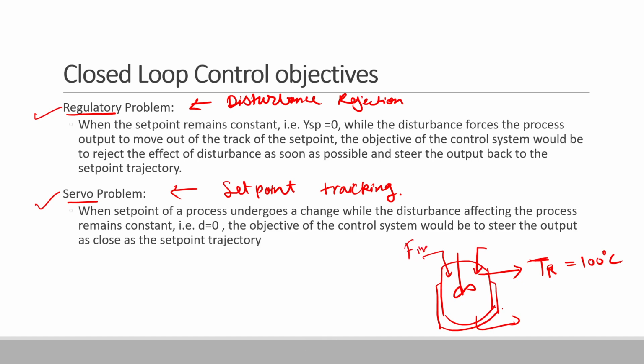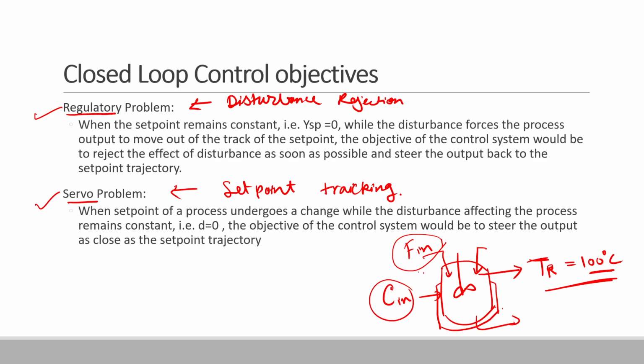the flow input to the reactor, and then the cooling water flow rate, let's say we call it C in. So we can call the flow rate of the cooling water, the temperature of the cooling water, as well as the flow input to the reactor, the disturbance variables. So no matter what disturbances I provide to the system, it should always maintain the temperature of the reactor at 100 degrees Celsius. So over here we can call this 100 degrees Celsius the set point of the system,